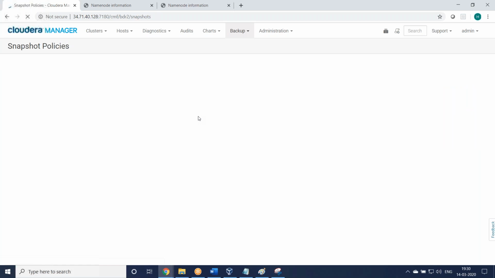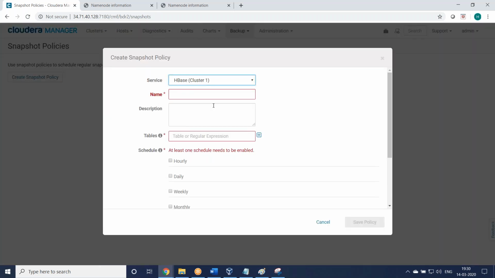And let us check snapshot policy. Create a snapshot policy. Okay, so this is snapshot. Snapshot means one more backup type.